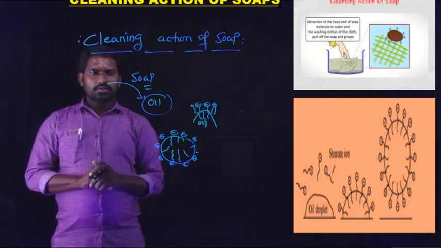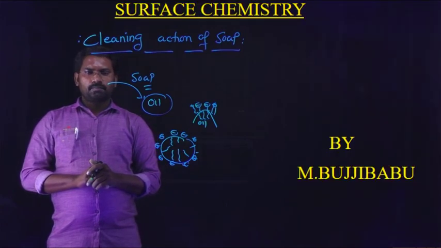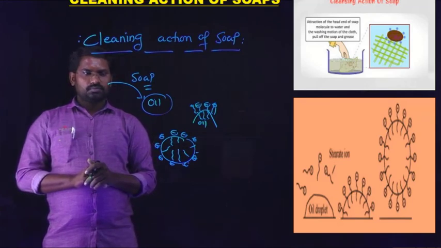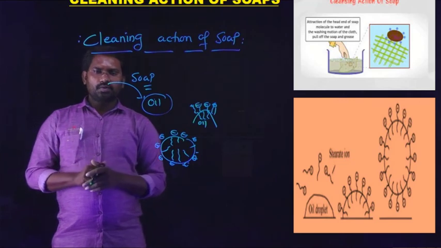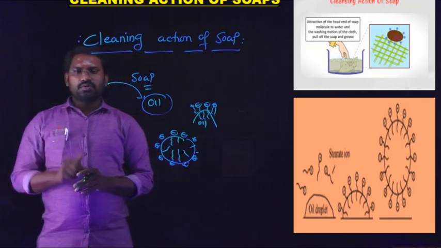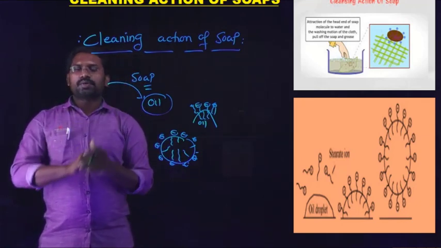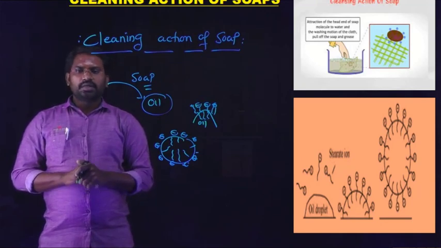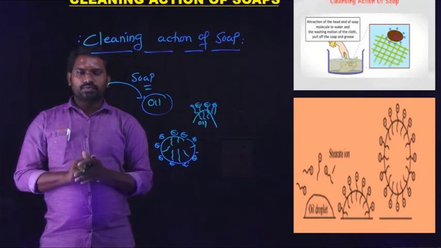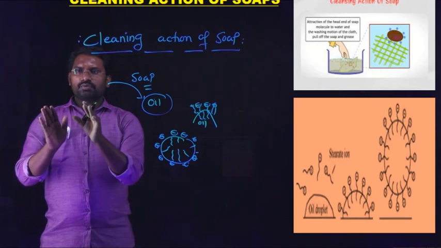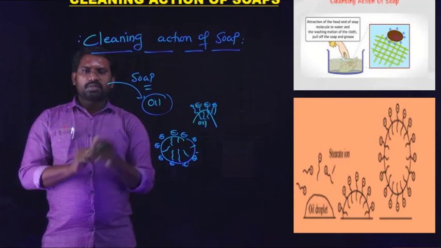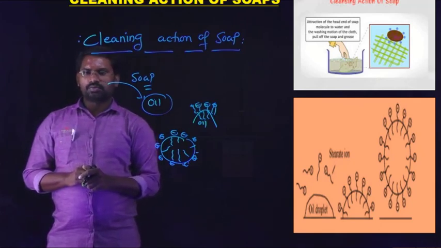Okay, students. Finally, we recall what we learned in this class. We discussed the classification of the colloids based on the physical state of the dispersed phase and dispersion medium. Second, interaction between the dispersed phase and dispersion medium. Third, nature of the particles of the dispersed phase. Next, especially we focused on the formation of micelles, how the micelles are formed, the mechanism of the micelle, and finally the cleaning action of the soaps. Thank you to all.